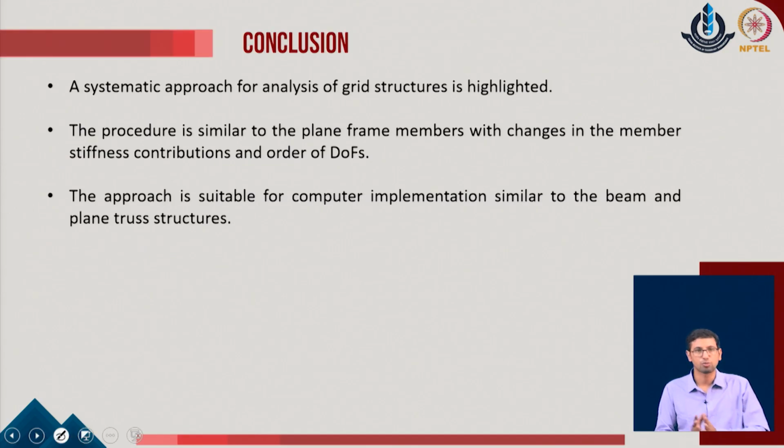With this, we stop over here. We have briefly seen the standard procedure of the grid structures. The important point to note is what the transformation matrix is for the given system and how we define the standard stiffness matrix for a grid system. The remaining part of the procedure remains very systematic and similar to what we did earlier, and this also remains one of the important aspects of the stiffness method, that is why it is suitable for computer implementation.